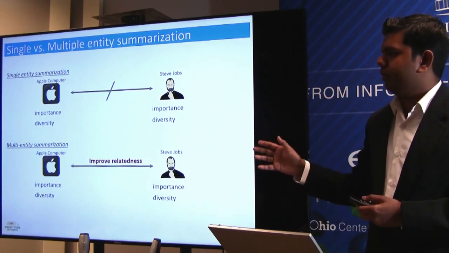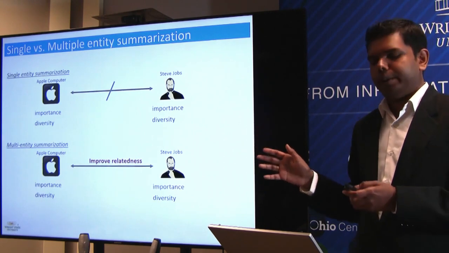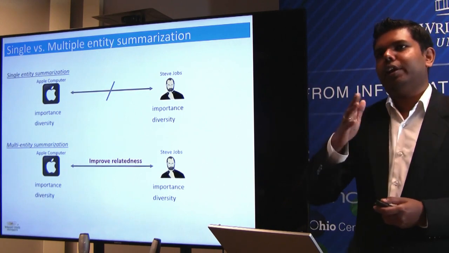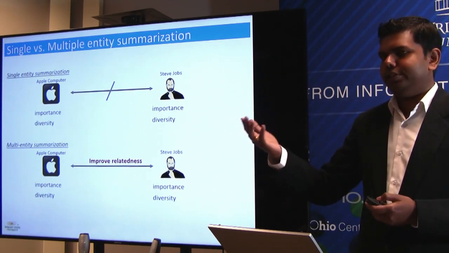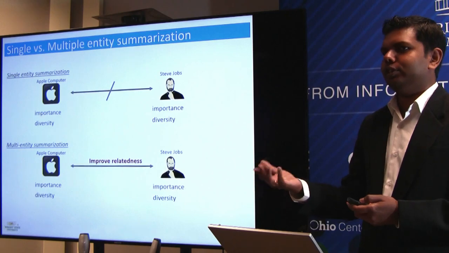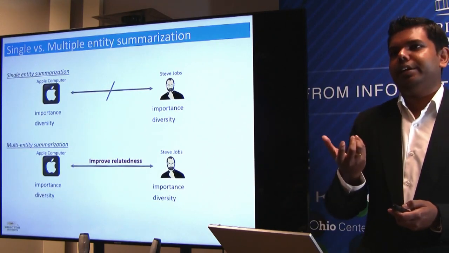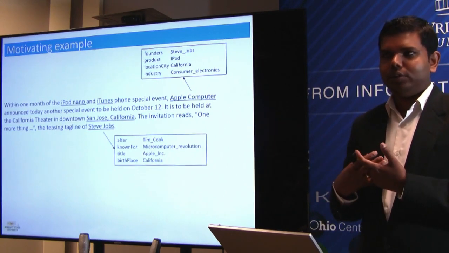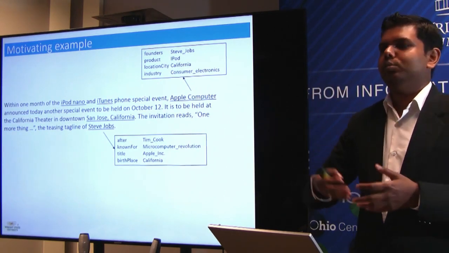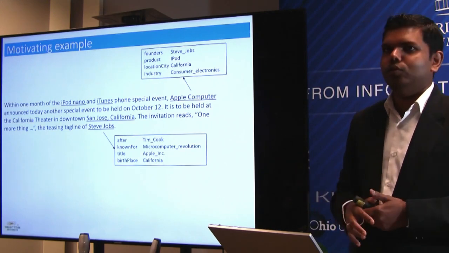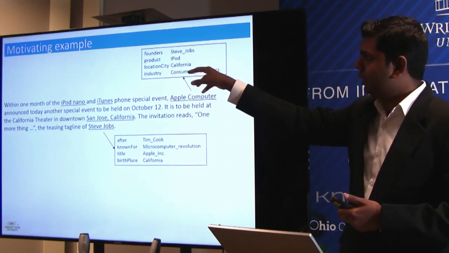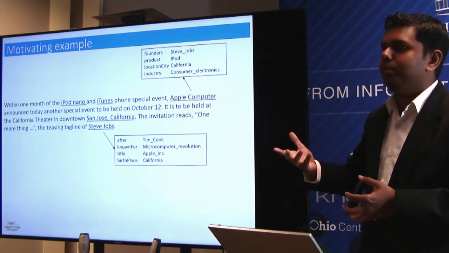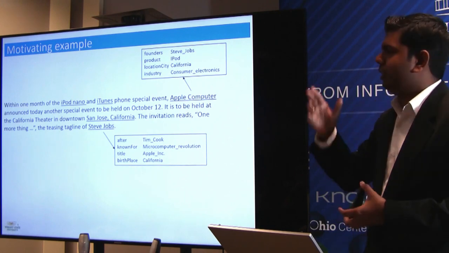So this may not be the most appropriate one to show in a Google search, or when you are searching or assisting users. For example, there you only summarize one entity at a time. But it could be useful if you are looking at a news article or a document which contains more than one entity, and you want to present their summaries, which I show in boxes here, and try to get similarity between the entities